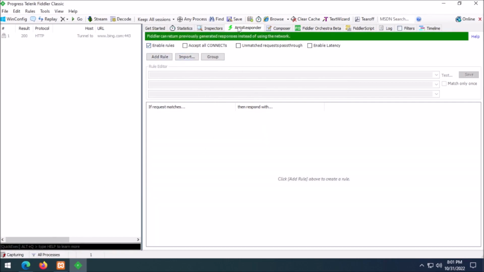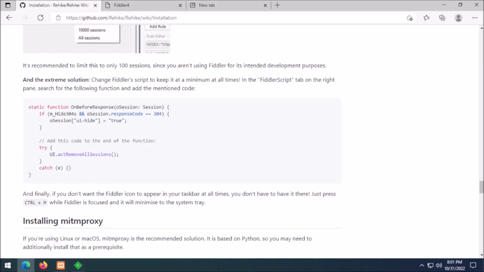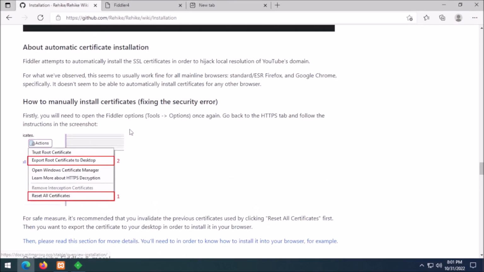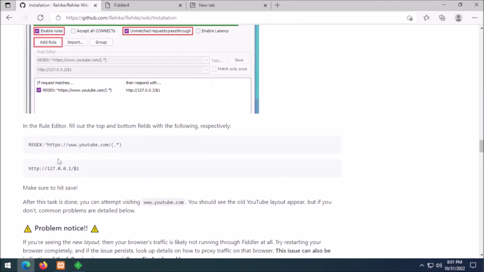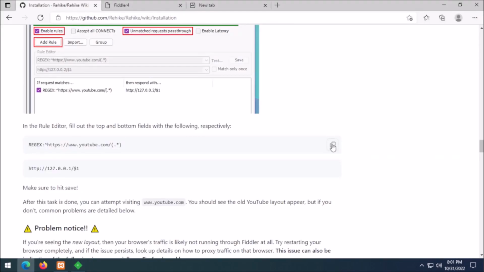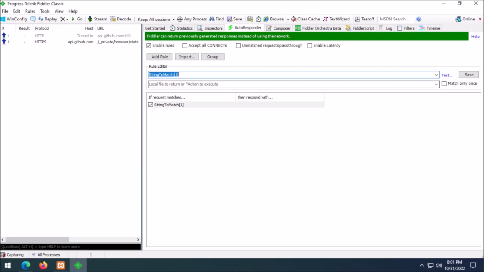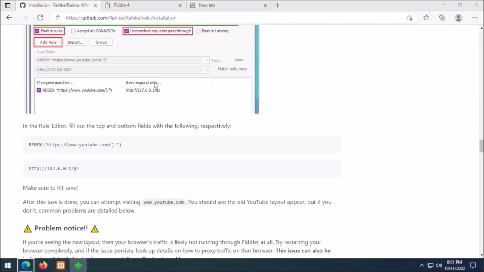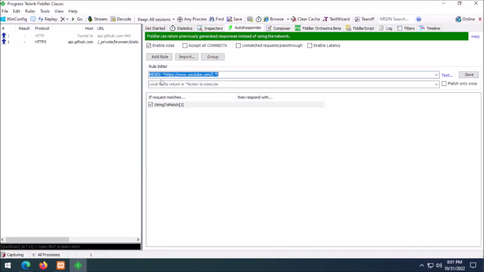We're on this autoresponder tab. We're gonna hit enable rules, and here we have our rules. So we're just going to add a rule for this first part. You're just gonna copy this string, this regex string, and then here we're just gonna copy this 127001 string, and then save. And then you're gonna want to check up here unmatched requests pass through,